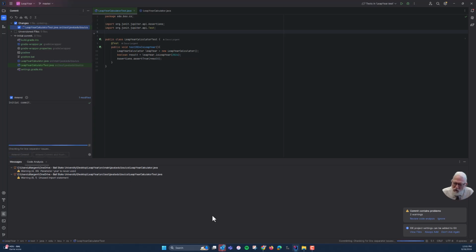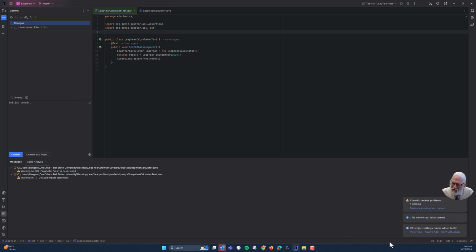It's doing the checking, and we should just have the one warning this time. Okay, one file committed, initial commit. Still checking. And yes, there's our one warning. And we could review, but we know what the warning is, so I won't take the time to do so